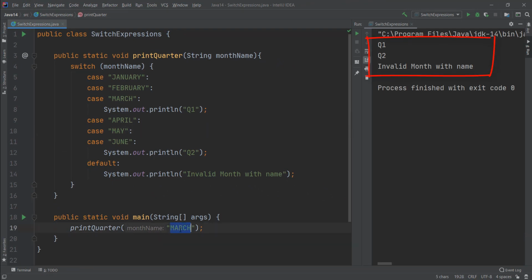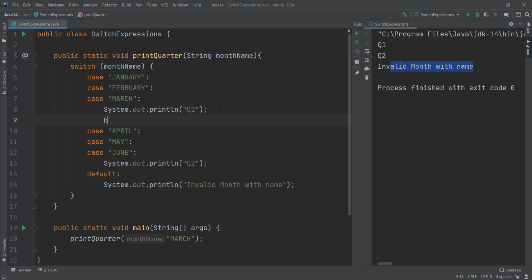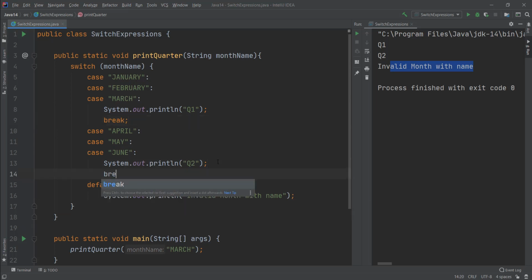I've passed March here. You can see that it first printed Q1, then Q2, then invalid month name. This is called fall through. So I have to provide break here, then here. Now if I run this, I should get only Q1.